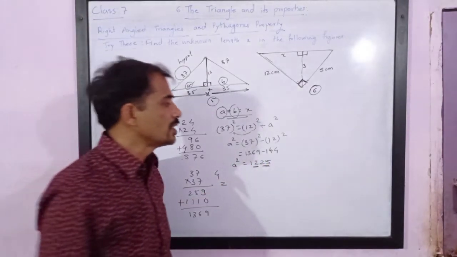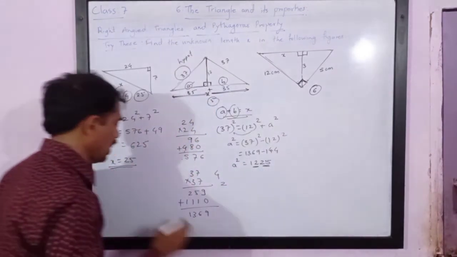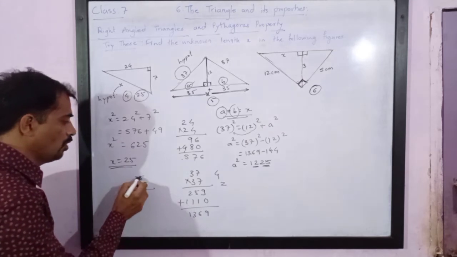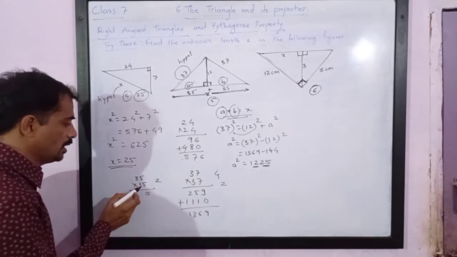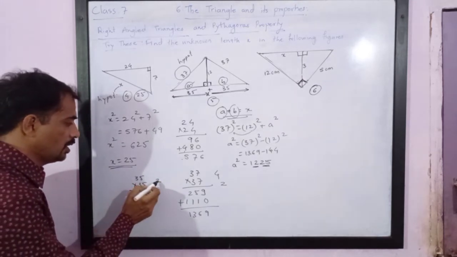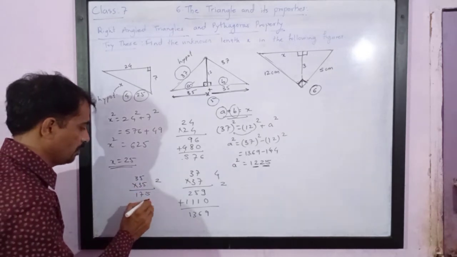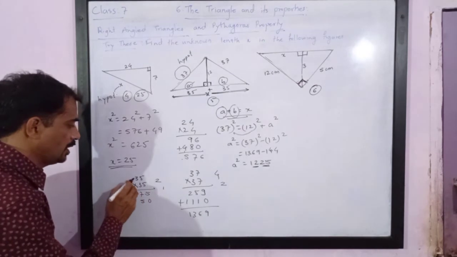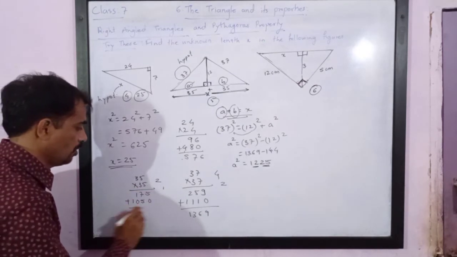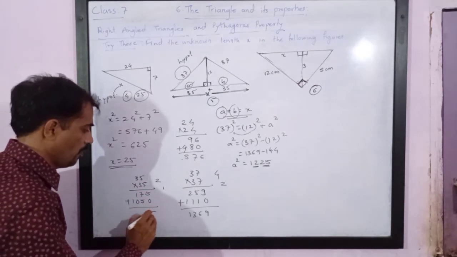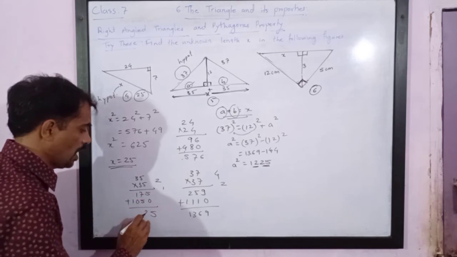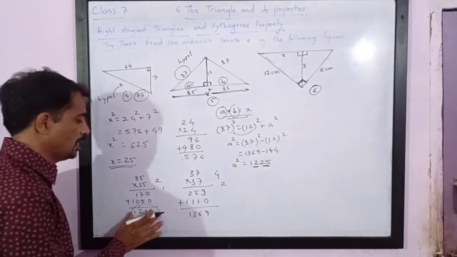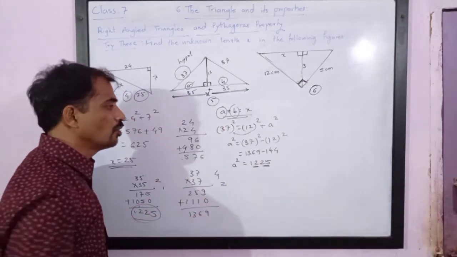Let us check whether it is 35 into 35. I will solve this on the side. 35 into 35. 5 fives are 25. 2 carries. 3 fives are 15. 15 plus 2 is 17. Then 3 fives are 15. Again 1 carry. 3 threes are 9 plus 1 is 10. If you do the addition, you will get 5. 7 plus 5 is 12. 1 carries. 2 1. So 1 2 2 5. It means 35 square is 1225.